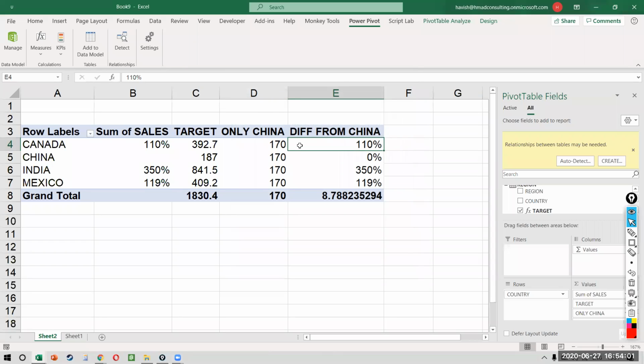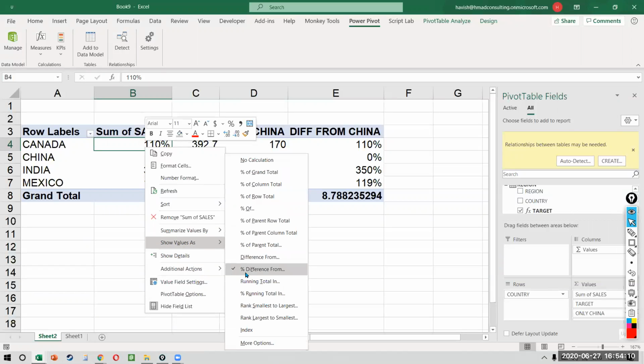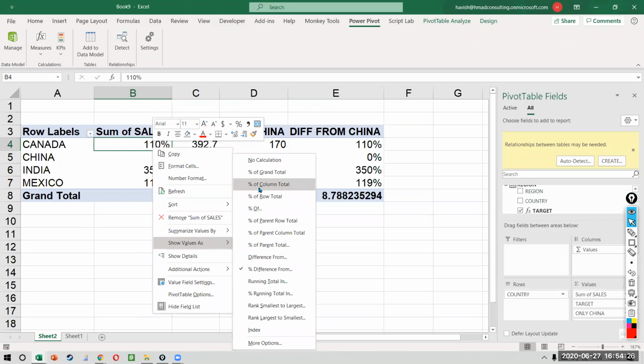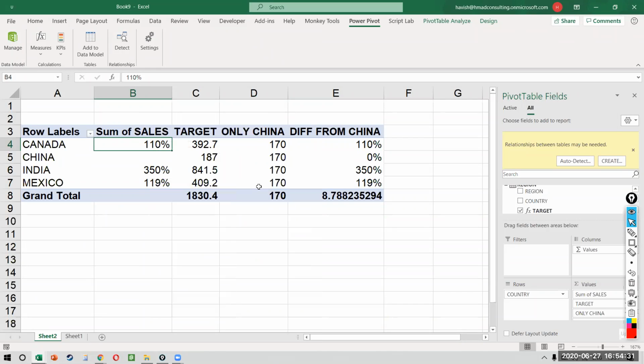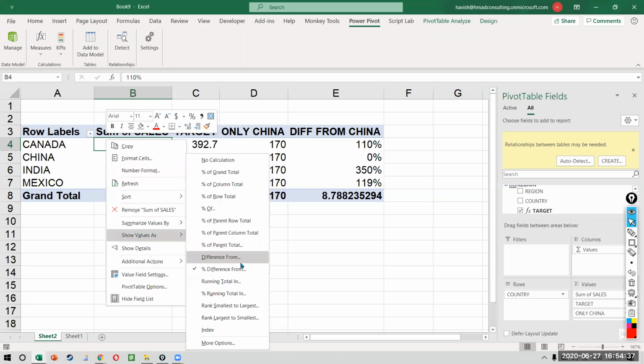Now you might argue and say, Havish, what is wrong with you? If we can do this in a single right click, why the hell did you have to create two different measures to get the result? The reason is because when I create a measure, I have full control over it. I can manipulate it however I want. I can see the working behind it. But when you simply right click and you select an inbuilt option, you get the result, but you can't do anything with it. You either like it or you dislike it, right? So if you want to recreate anything that you see in this calculation, of course, you can replicate the same thing using a DAX measure as well, right?